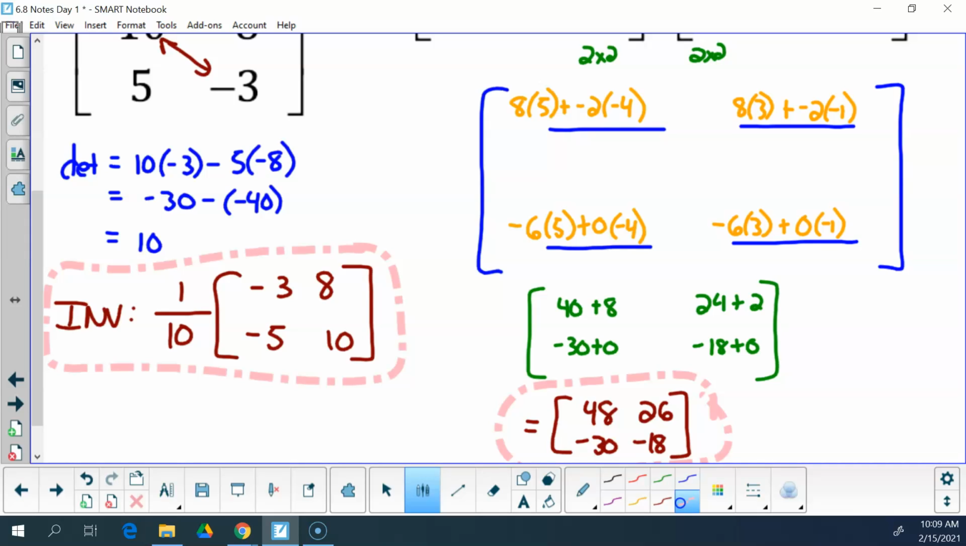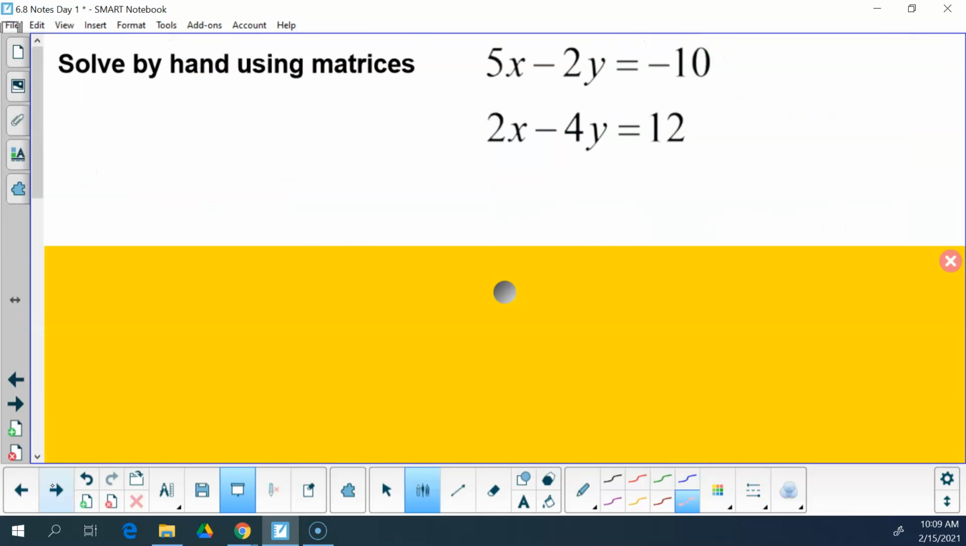Questions, comments, concerns, clarifications on any one of those two? Okay. I specifically chose those two to help us out for today because we're going to have to find inverses and we're going to have to multiply matrices. Okay? So, if I am going to be solving matrices by hand, or solving a system of equations using matrices by hand,